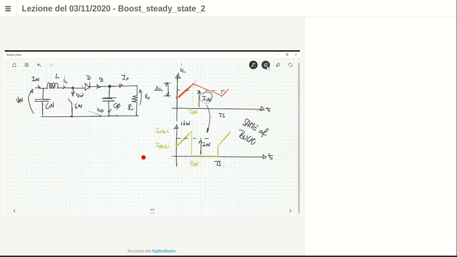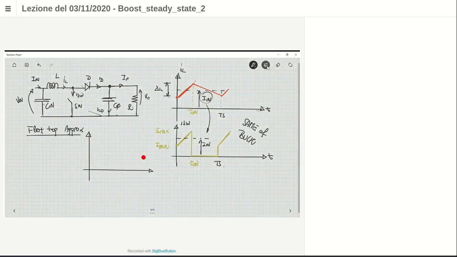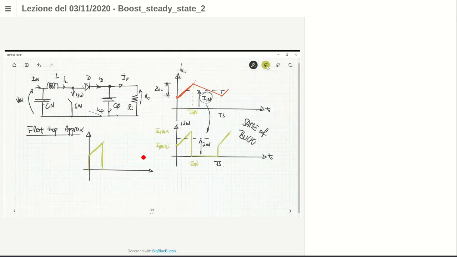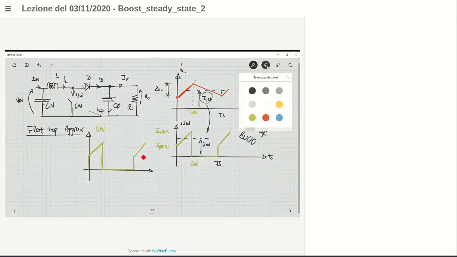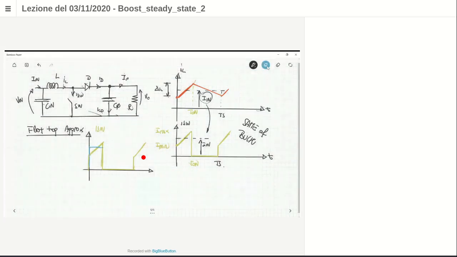Okay, so this derivation is not exact, because my derivation uses what I call the flat top approximation. The flat top approximation is the approximation by which my current, which is a trapezoidal waveform like this, is approximated by a rectangular waveform. This rectangular waveform has this